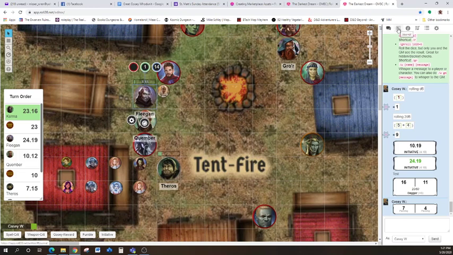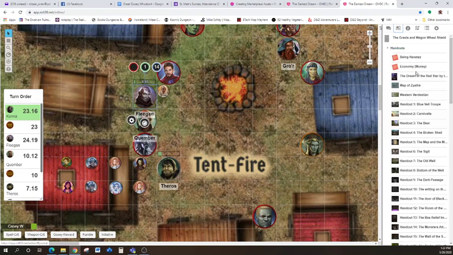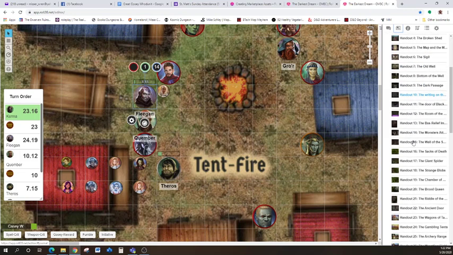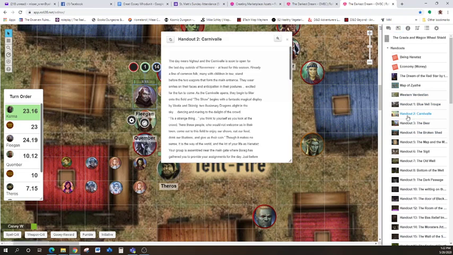The next tab is the Journal tab. The Journal tab is used to be able to see all of the materials that might be shared with you. And as various materials are shared throughout the game as you discover things and explore, more items will be added to this handout section. In this game, our characters have discovered many different things, and they can look at a handout that was shared with them. So, handout 1,